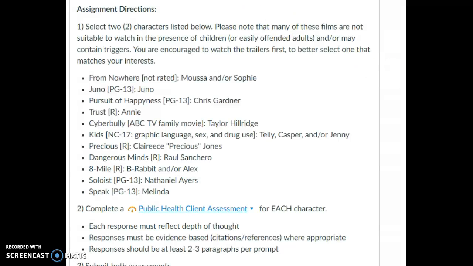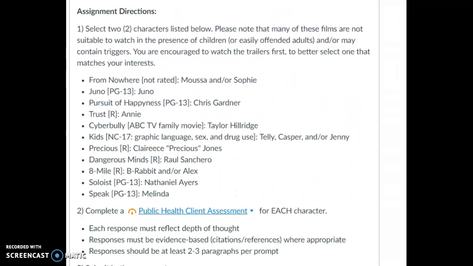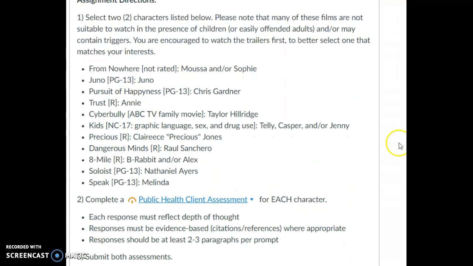If you're doing this as extra engagement, then you can get 1 point per extra one that you do, up to 2, I believe. So you can read through that, but when you come down here, please note that you'll be watching a film, and there's a long list. I understand that not all people have the same taste in films or are able to watch the same types of films. So please find a film or films that are of interest to you,